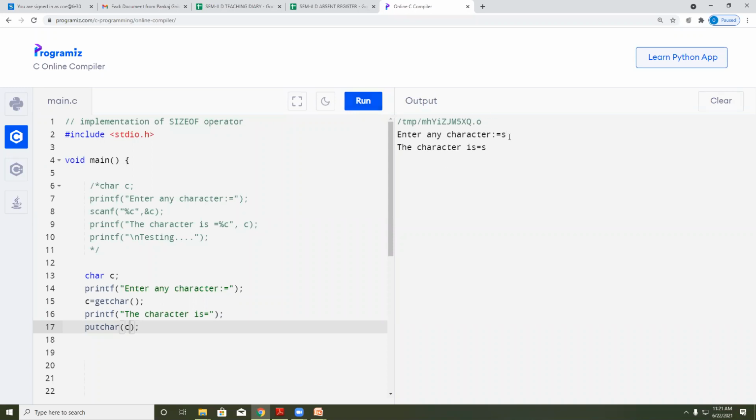Okay, character, yes, it is scanned with the getchar function, and it is stored here in the character type C, and here I'm going to putchar. That means I'm going to display the content of C. The content of C is now what? Yes. So it is going to print the yes. आले लक्षात? Yes, sir. Okay.